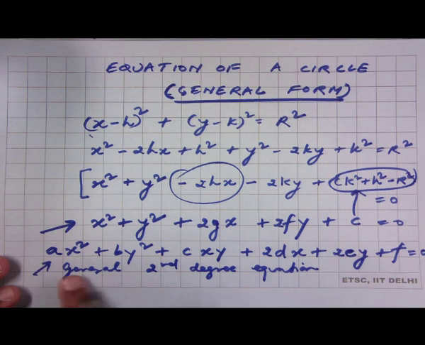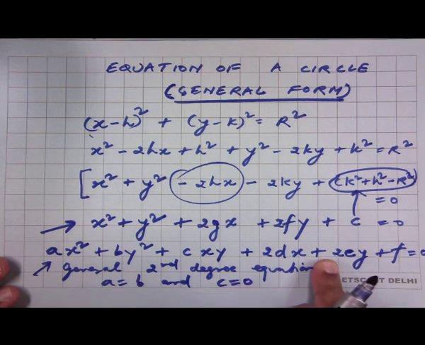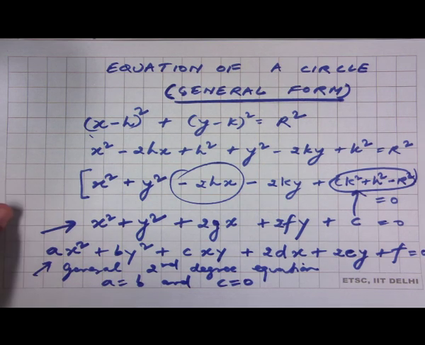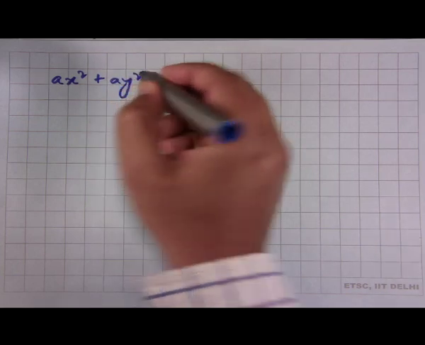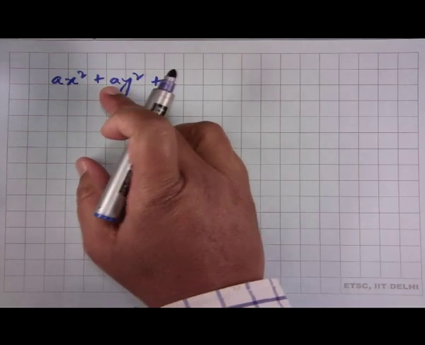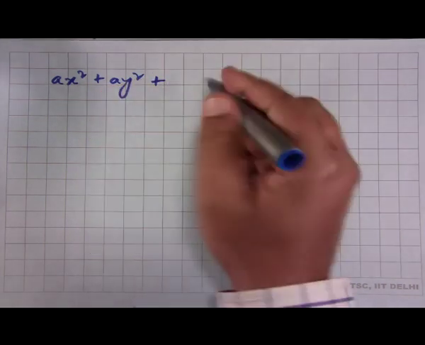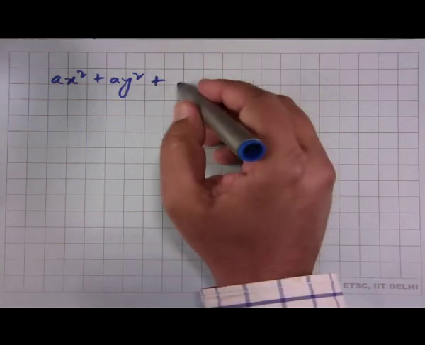But if in this general second degree equation we have a equal to b and c equal to 0, then what we get is an equation of a circle, because if we put a equal to b and c equal to 0, then we get ax square plus ay square, because b is a, and cxy will disappear because c is 0,